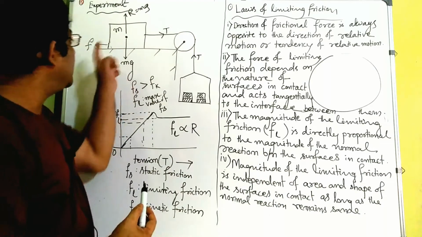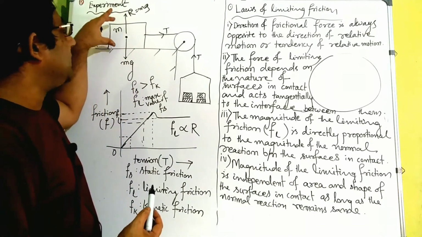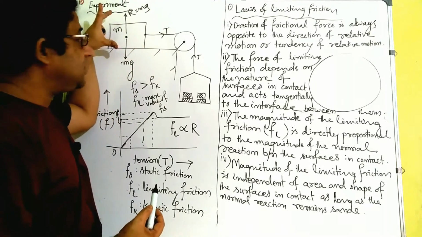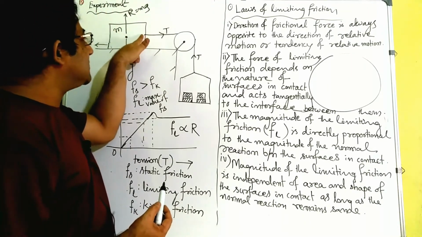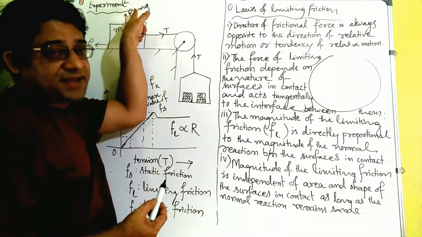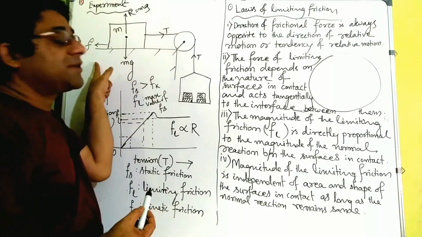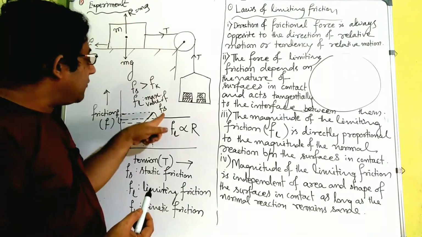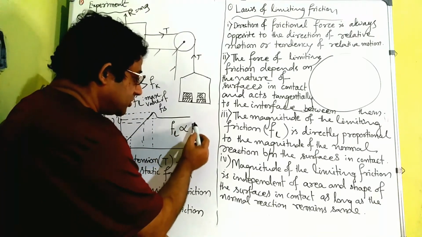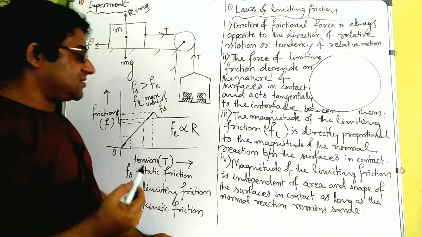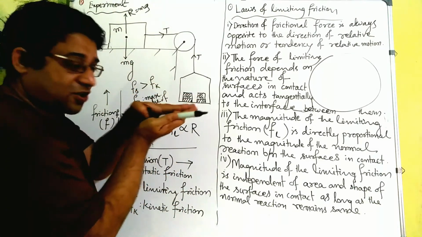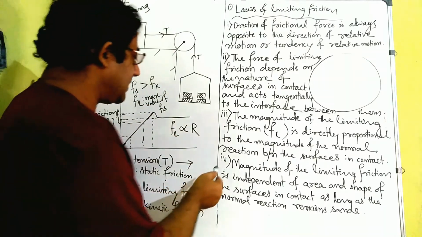This is always seen that if you take a bigger load, let us say it's 1 kg, and you repeat the same experiment with 2 kg, 3 kg, 4 kg, if you increase the mass here, the weight also is increasing, and hence its normal reaction also is increasing, and it is seen that the frictional force also is increasing. The limiting value of the frictional force also is increasing. So frictional force is directly proportional to the normal reaction. And it also depends on the nature of surfaces in contact.